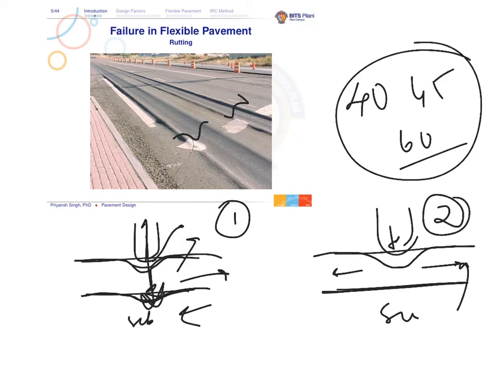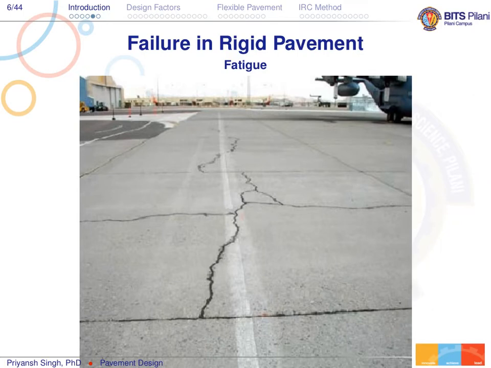Pavement design uses this second type of rutting in some different way. We'll see this later. In the pavement design, the main rutting which is accounted for in the design of thickness is rutting type 1. That means the rutting that happened because of a lower stability of subgrade. In the case of rigid pavement, there are two types of failures which are accounted for in pavement design.